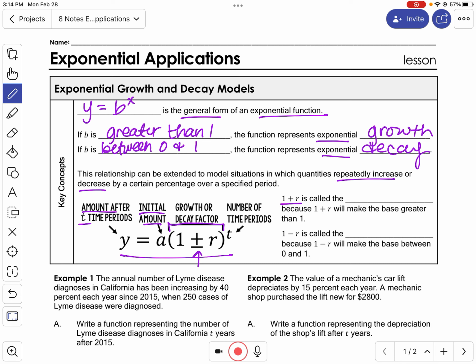Okay, so if you have 1 plus r, that's going to be a growth factor, because whenever you add to 1, it's making it greater. So if it's 1 minus r, that's going to be a decay factor,